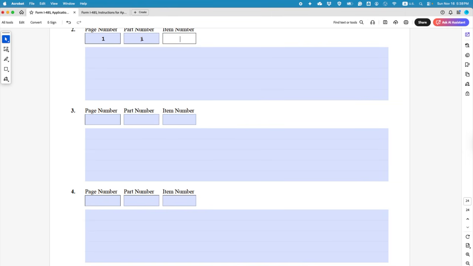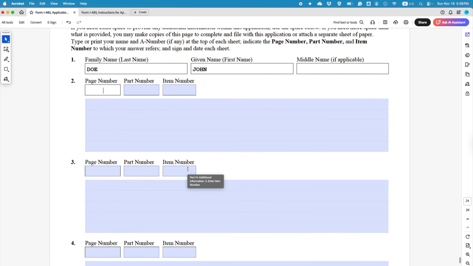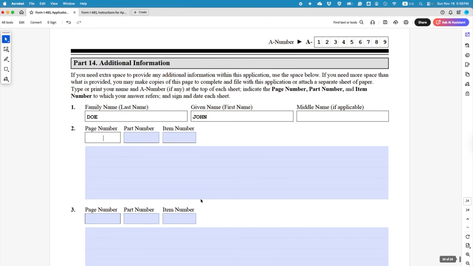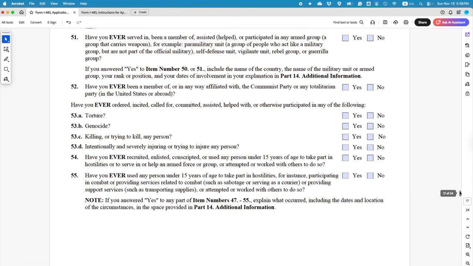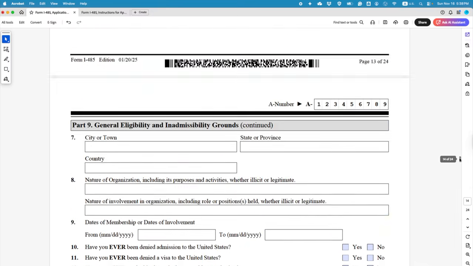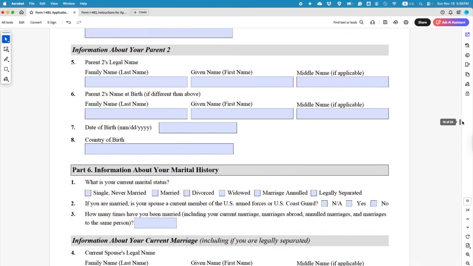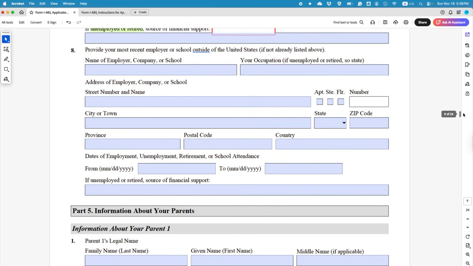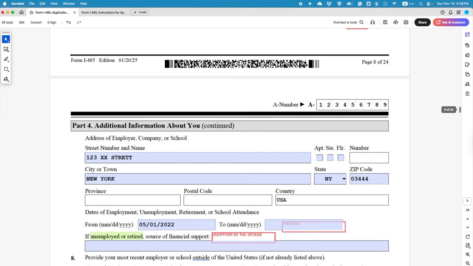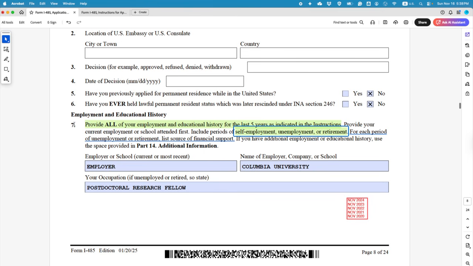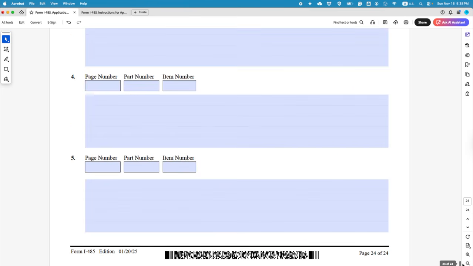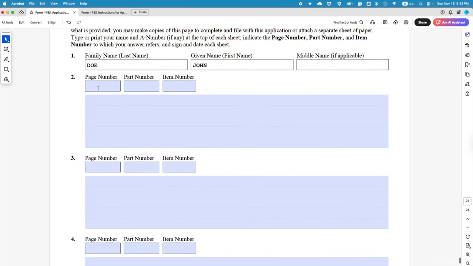So say this is a new page. I already saved the last page. This is a new page I took, and I'm filling out this form. I actually forgot the page number here. That was page 9, part 4, item 7, 947. So in the new page, page 9, part 4, item number 7, then I say